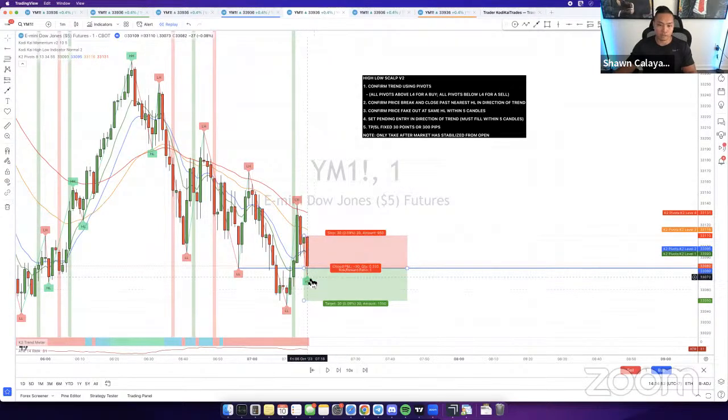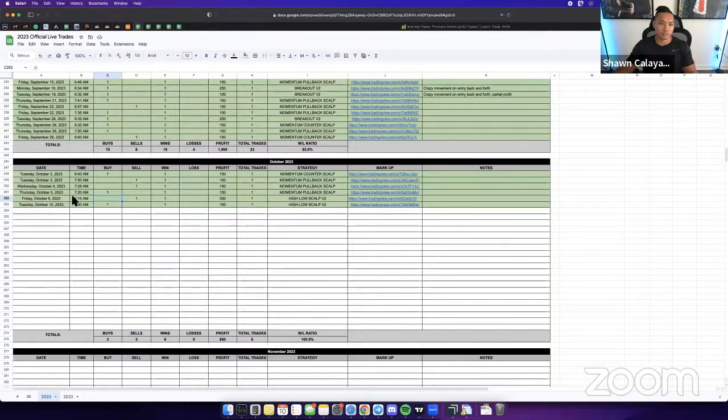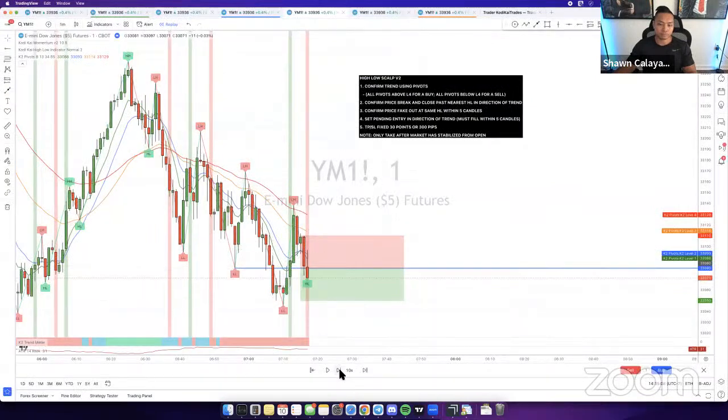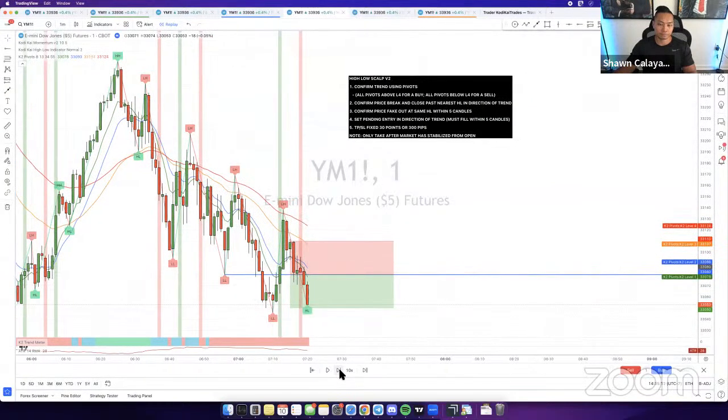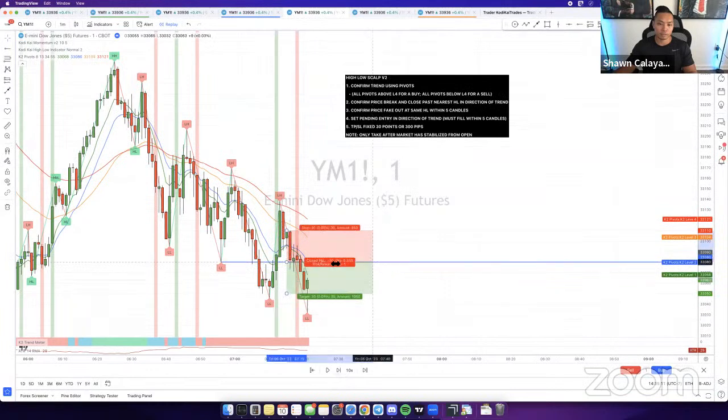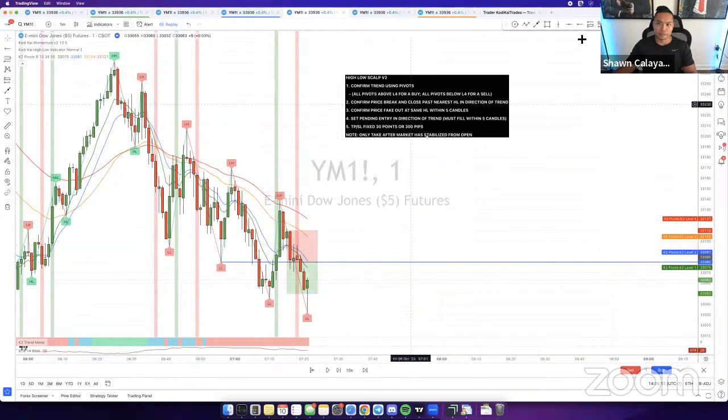So you can see this is why our timestamp was at 7:16, because even though the entry started to set up over here at 7:06, the actual entry didn't happen until 7:16. And that's why on the spreadsheet over here, we have it set at 7:16. So once we have that set up right there, we let the trade run. You can see it comes down a little bit and goes straight to TP. So there goes an example of